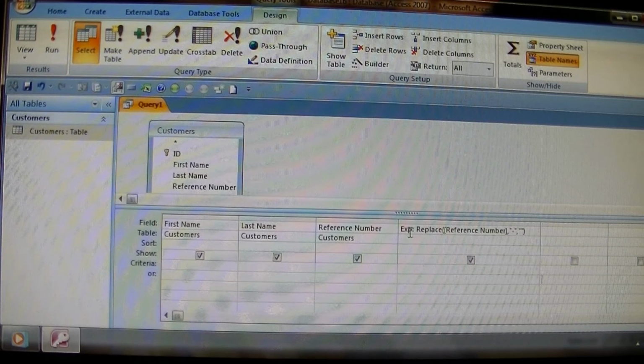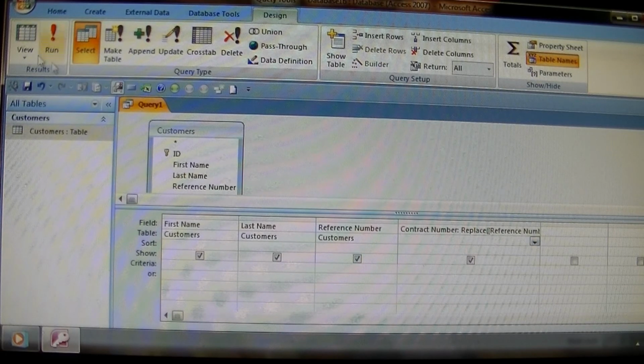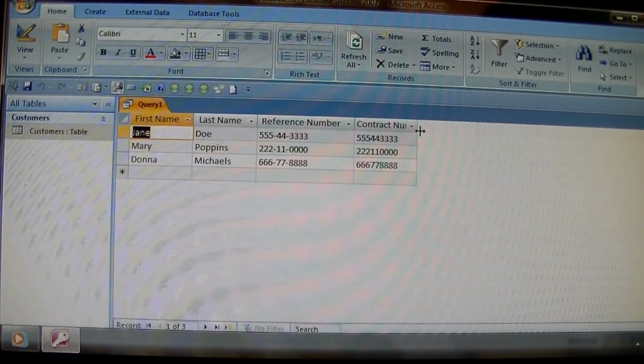And as you know, you can replace this expression name with anything. So if you wanted to call it contract number, as long as you leave that colon there, it's the title that you wanted to give it. So it removes the dashes, and now you have none here,